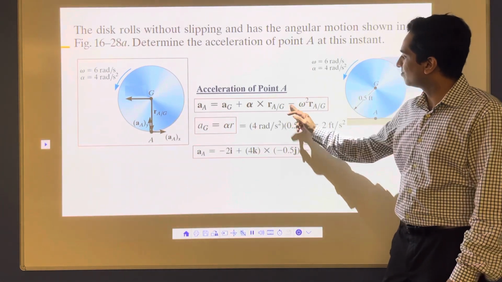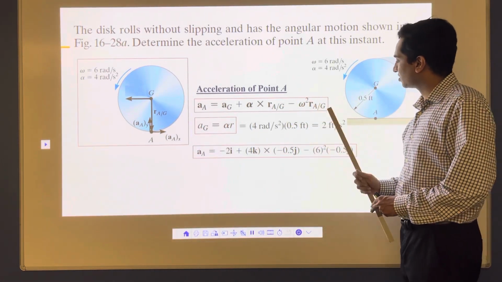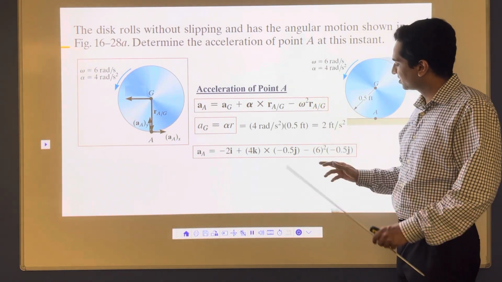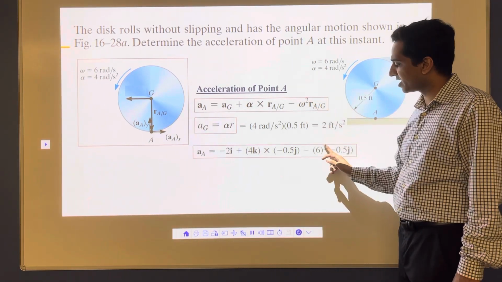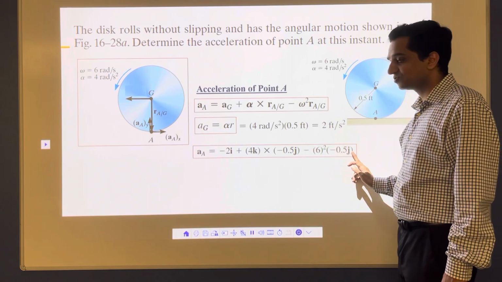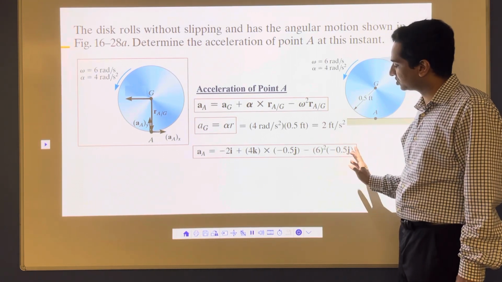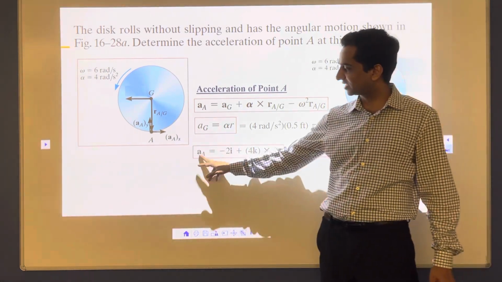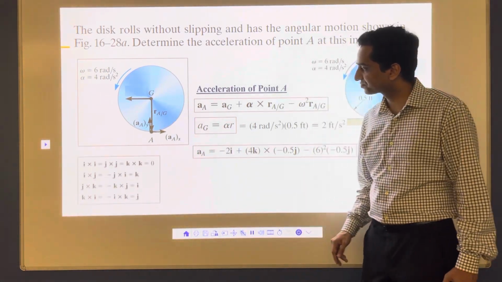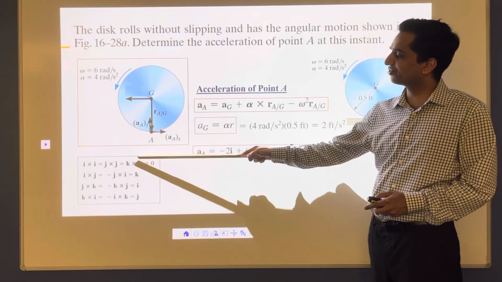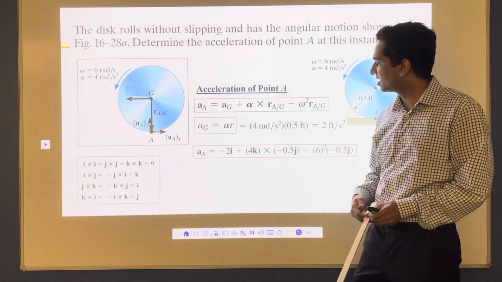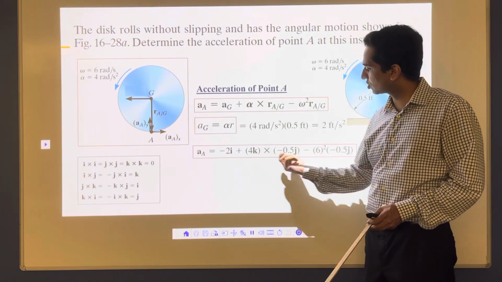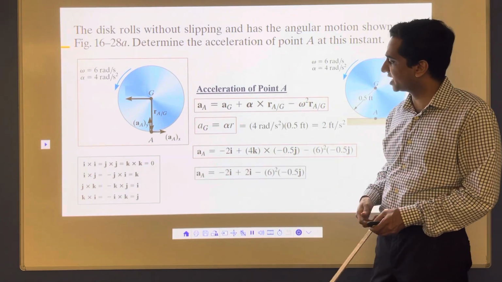That's done here. Minus omega square r_A/G, the position of A with respect to G. So omega is 6 square, times minus 0.5j. The position stays constant. Now once you're done with that, our objective is to calculate the acceleration of point A. To do that, I'm going to use this vector multiplication, and based on that I'll calculate k cross j, and then I'll get here